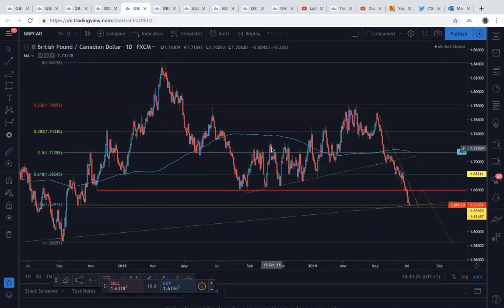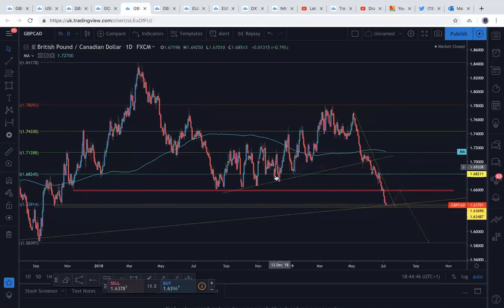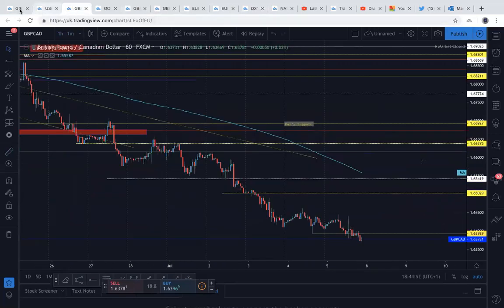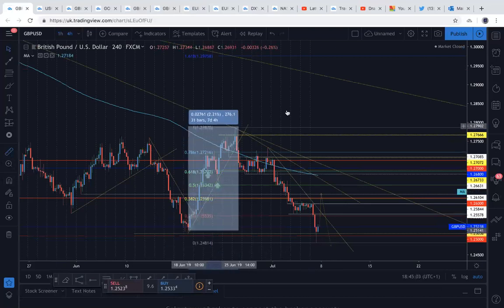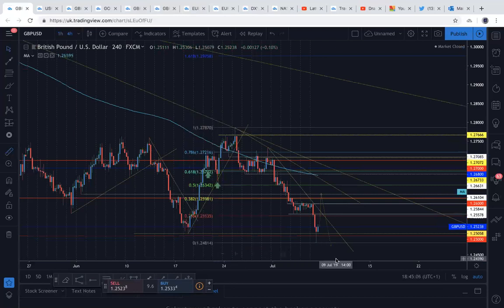So looking for something like this, just a pullback, just a 200 pip pullback. These are 600 pip pullbacks. I just want a 200 pip pullback into this region here, into these lows, and then obviously looking for follow through, just due to price breaking all the support showing that momentum is to the downside. So this is again in correlation with my GBP USD idea as well. Swing low on the 4-hour, closed below, and closed back above, leaving a wick below these lows. Price rallied 276 pips from this level here, so we should see some sort of reaction from this level at least, maybe back into the 1.26 figure, and then selling back down again